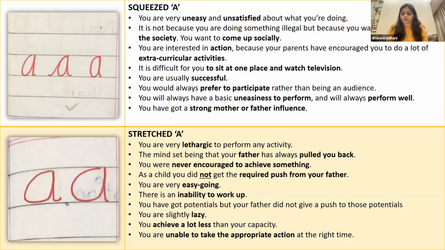Okay, so we're going to do two A's. The first one is squeezed and the second one is stretched. Now, what do I mean by squeezed A? In squeezed A, the height of the A is always going to be more than the width of A. Can you see the difference between squeezed and stretched? In the squeezed one, the height is more than the width, and in the stretched one, the width is more than the height. The ideal A should be 2.5 millimeters from up and from the sides. But in any A where the height is more or where the width is more, it indicates different things.